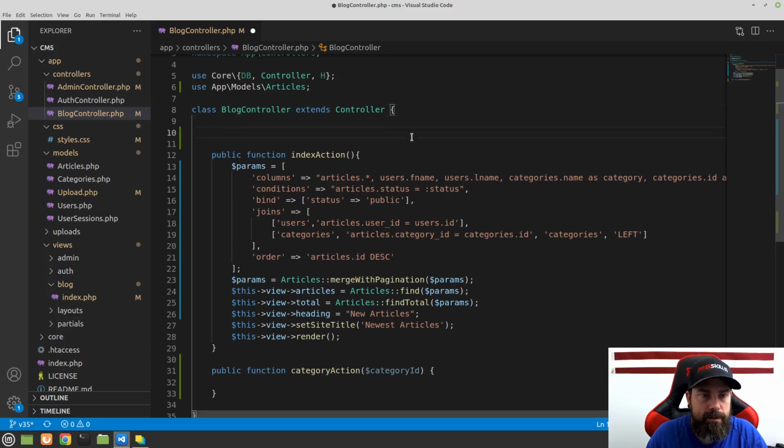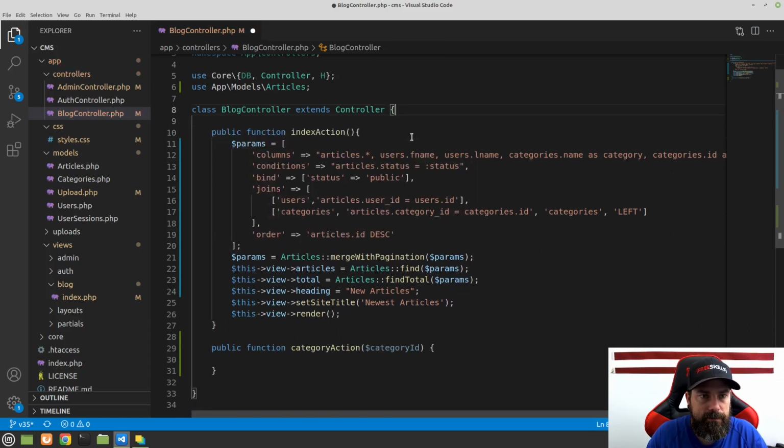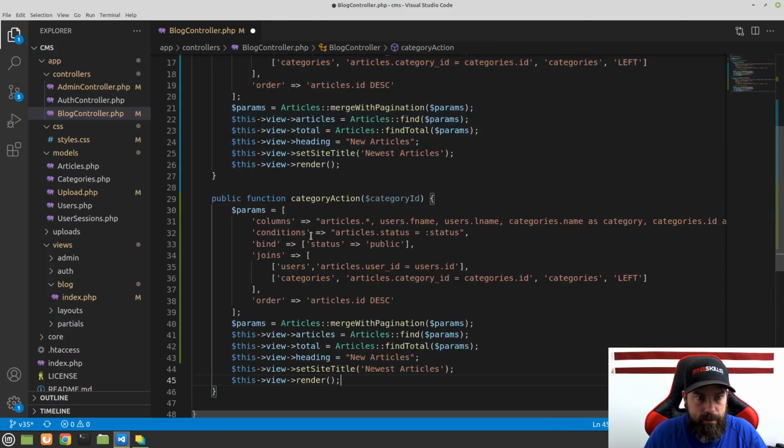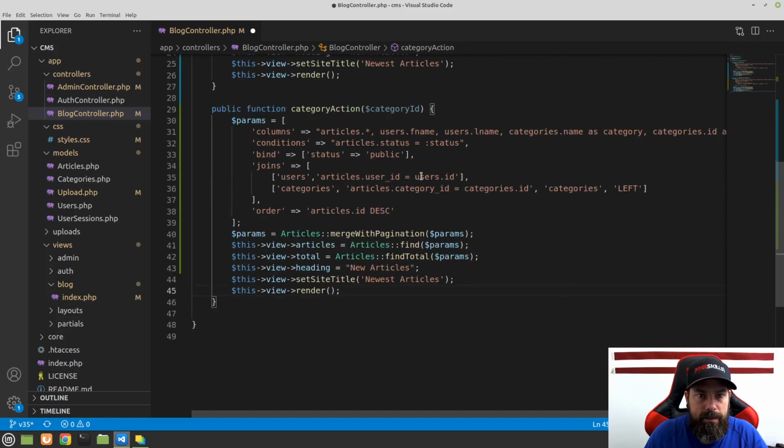You know what? Let's try this. This might be fun. Let's create a public. We'll just copy it. Basically, copy everything from inside this index. We'll paste that in. And the only thing that's going to change here, which is horrible to say because we probably shouldn't be copying this, but we'll just do it quickly here. So the conditions here is going to be article status is equal to status, but before that we also want to set the